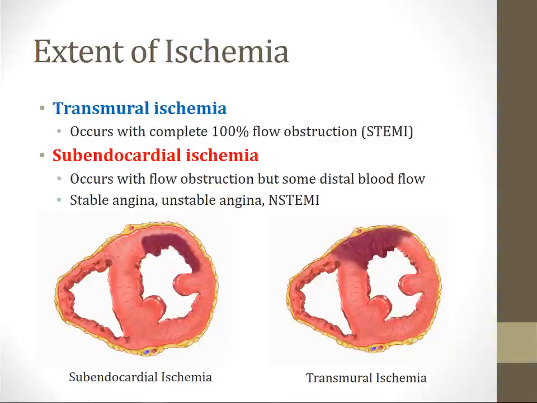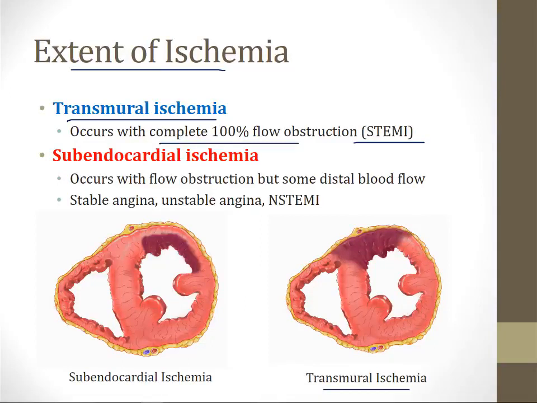When you look at the extent of ischemia, meaning the extent of myocardial tissue affected by ischemia, there are two general pathologic patterns that are seen. The first pattern is called transmural ischemia. This is what is seen when there is complete 100% flow obstruction in a coronary artery, as occurs in a STEMI. If you look at the bottom right side of the screen here, this is a drawing of what transmural